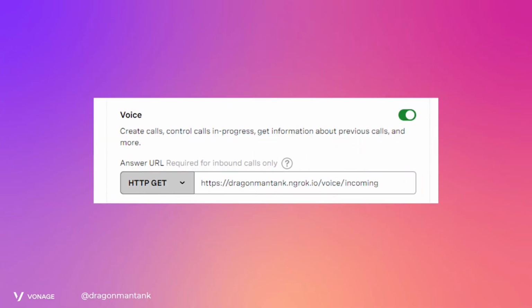So if you're using the dashboard, you can go and set these answer URLs up. The answer URL will be the default URL that we route all call actions to. We're going to have one already pre-set up, so we're going to say voice incoming. You can also do this through the command line, so if you're changing all this stuff on the fly, you can do that.